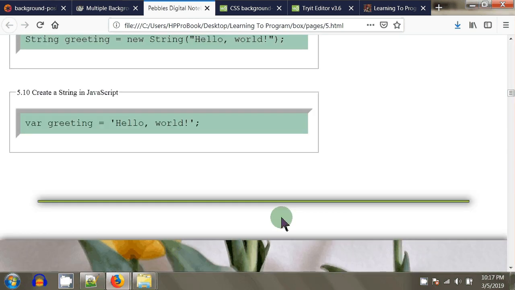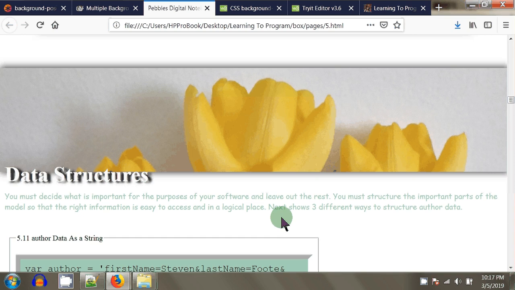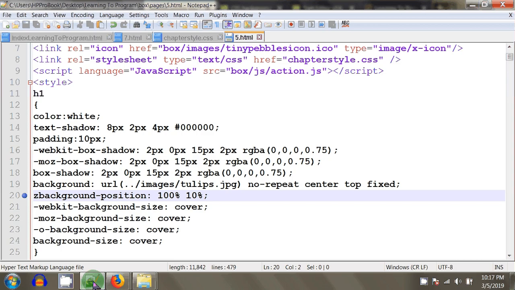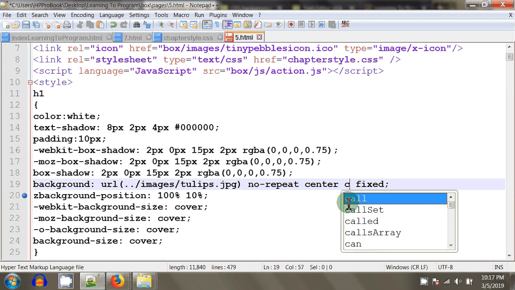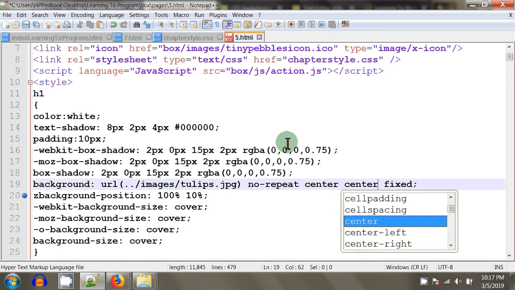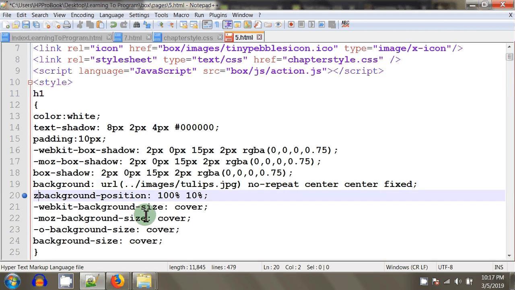This is okay. You can go that route, but I want a little more of the leaves. So I'll leave this center top so that I'm actually centering my background image to the center of my monitor. And if it chops some of the top off, I'm just going to force it where I want it